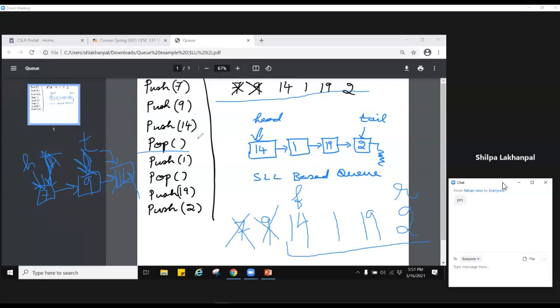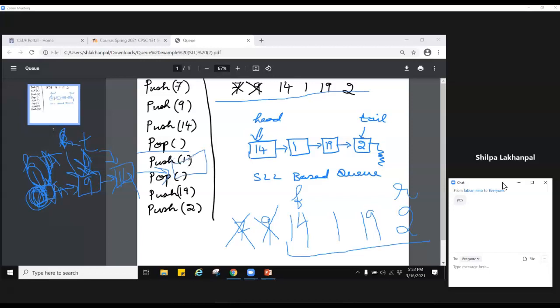Now comes the time of pop. Pop is equivalent to remove front, which means you will remove the firstmost element, that is 7 in this case. So you'll remove that and you will update the head. So the head will start pointing to this element over here. Then push 1 is again equivalent to an append.